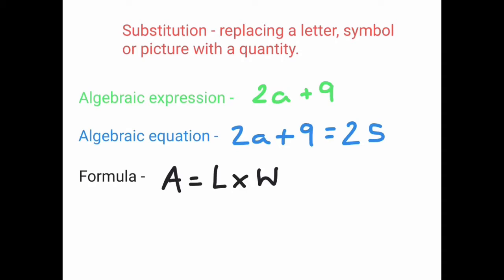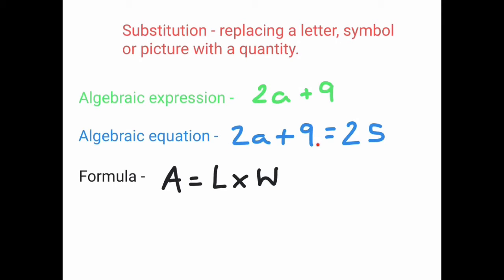So in this video, hopefully you've learned a couple of things. Firstly, when we talk about the word substitution, it means replacing a letter, symbol, or picture with a quantity. And you'll tend to find it mostly in algebraic expressions and equations, where we're replacing a letter with a number, with an input into our machine. So in this case, we should also have learned an algebraic expression is simply this. You should also have learned that an algebraic equation consists of an expression, but also has an equal sign,